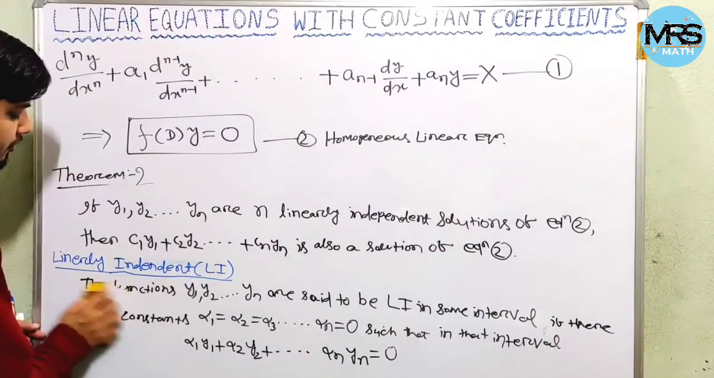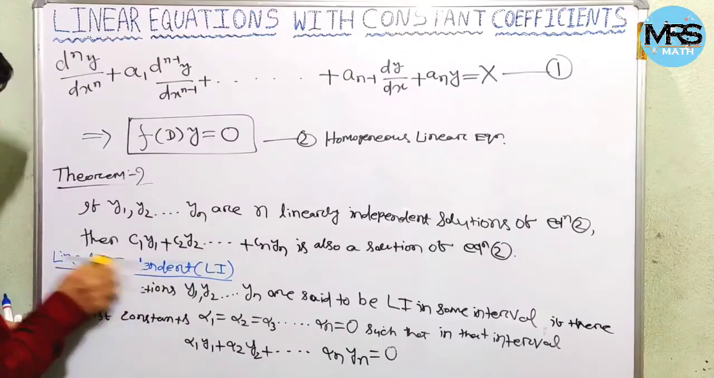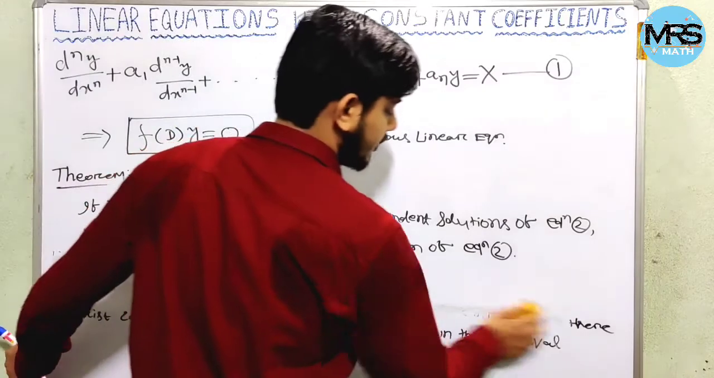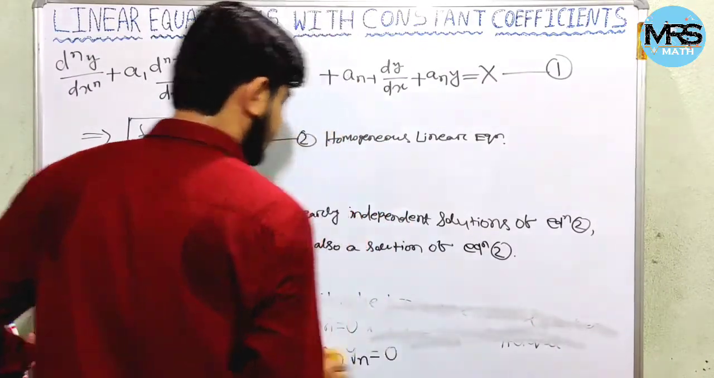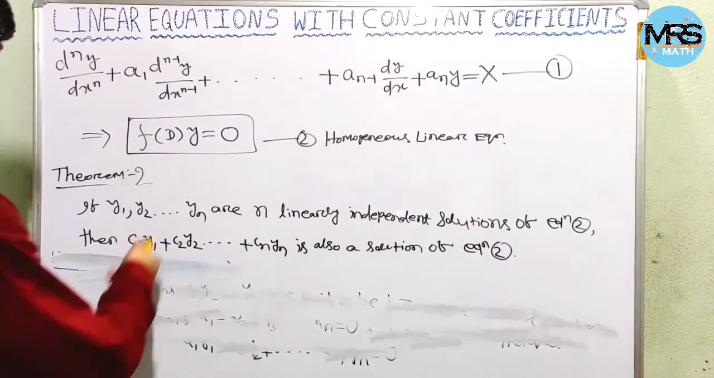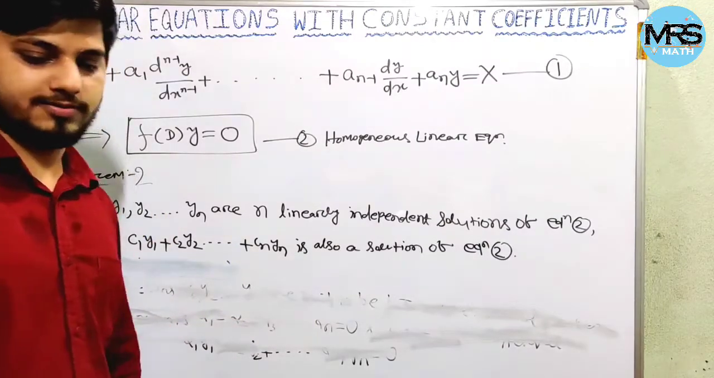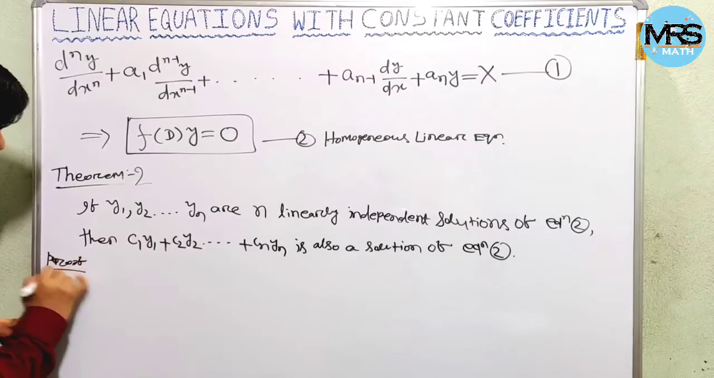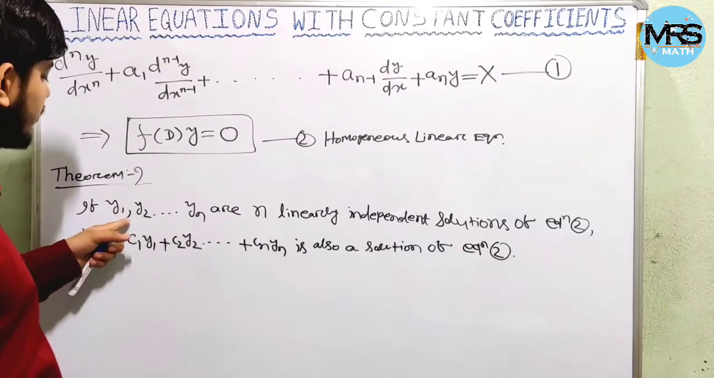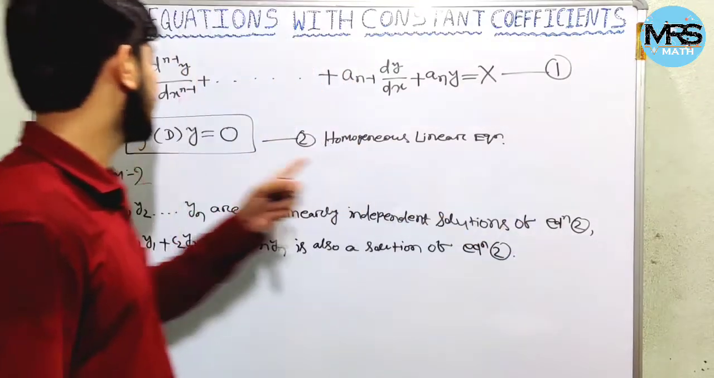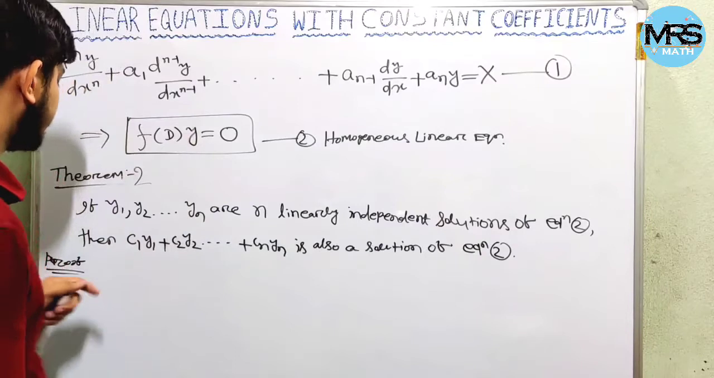Now we will prove the theorem. So we understood what is linearly independent and what is linearly dependent. If we understood, then we will go to the proof of the theorem. What it tells: if y1, y2 up to yn are n linearly independent solutions of equation 2, that means